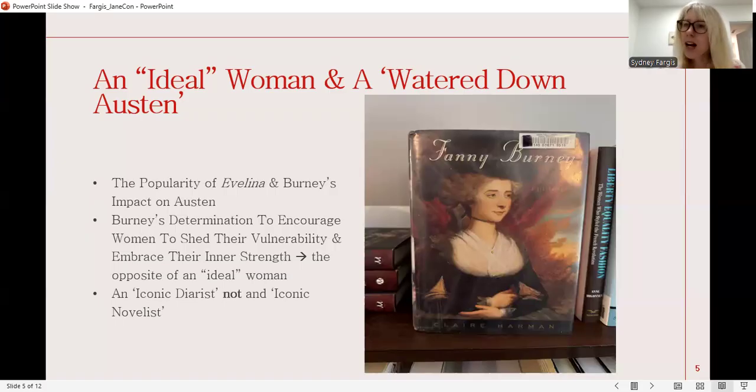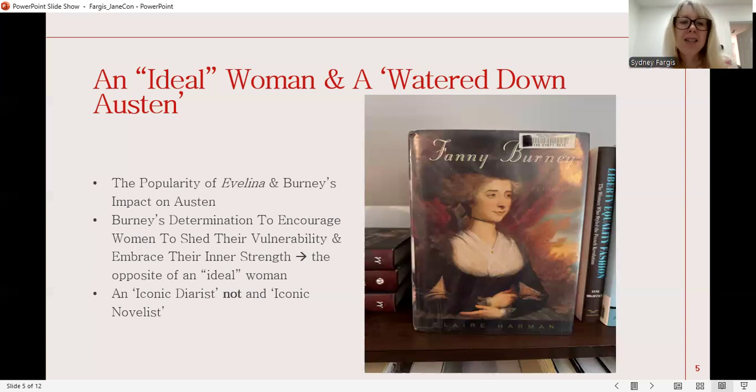We know that Austen read and thoroughly enjoyed Burney's works, particularly Evelina. One of Burney's other novels would actually inspire the title Pride and Prejudice. We know that Burney's determination to encourage women to shed their vulnerability and embrace their inner strength